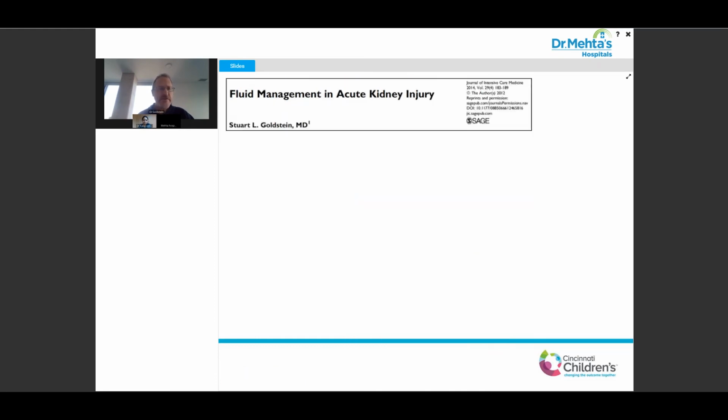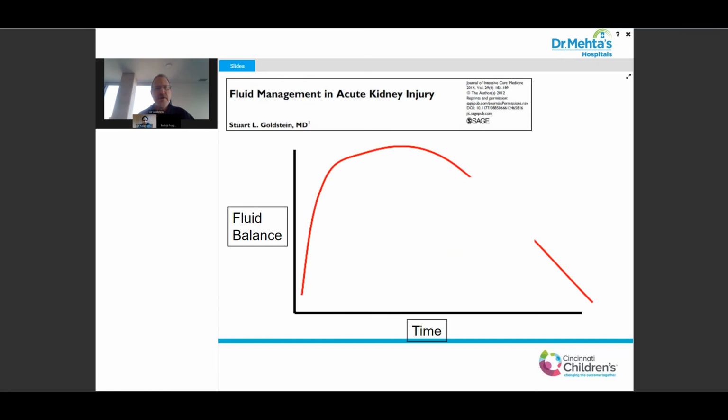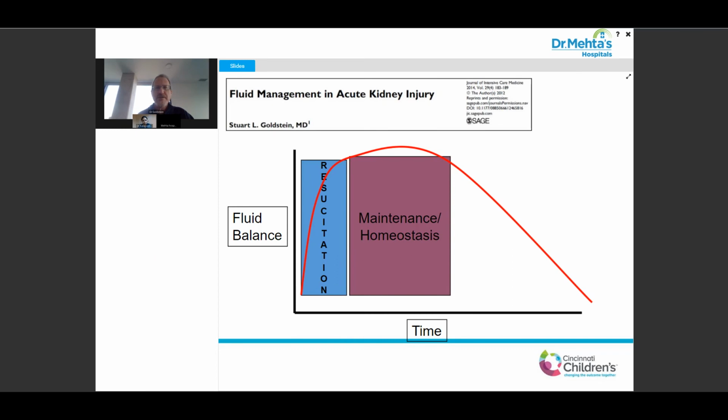And so when I think of fluid balance in the ICU, I think of this way. Yes, early on, the patient needs to be resuscitated. But once the resuscitative phase is complete, then let's think about a maintenance and homeostasis phase. And you can see here, I'm not recommending early fluid removal. What I want to do is help the intensivists keep fluid balance even at less than 20% fluid overload, but allow them to give all the blood products, nutrition, and medications they need without getting the patient more fluid overloaded.